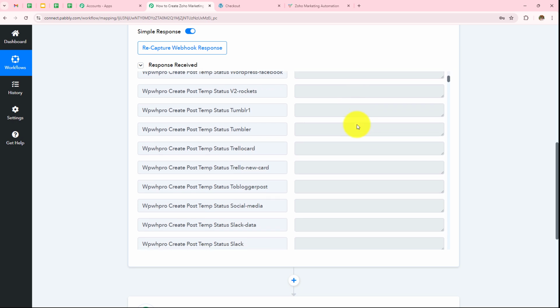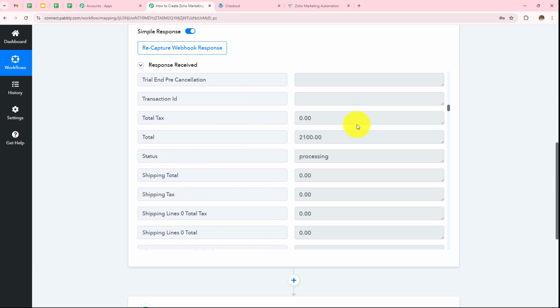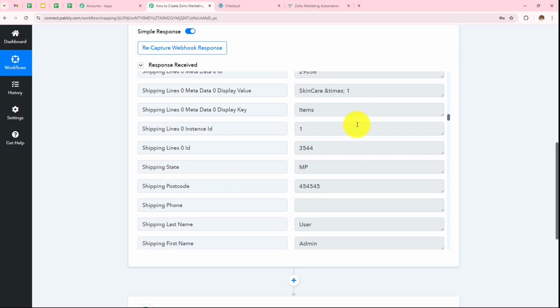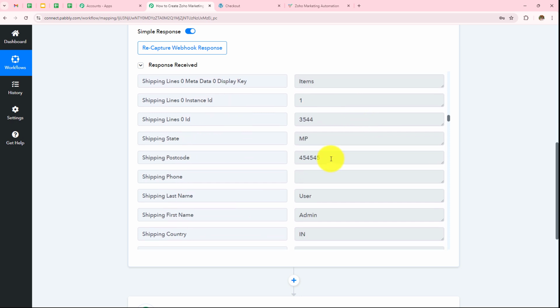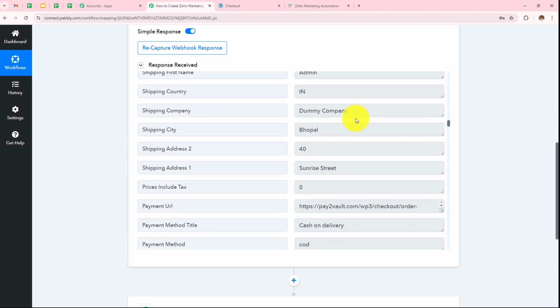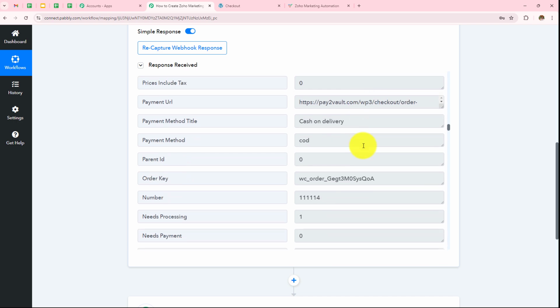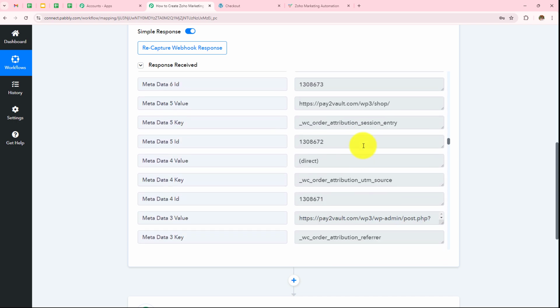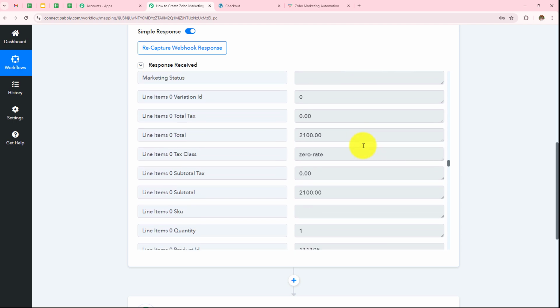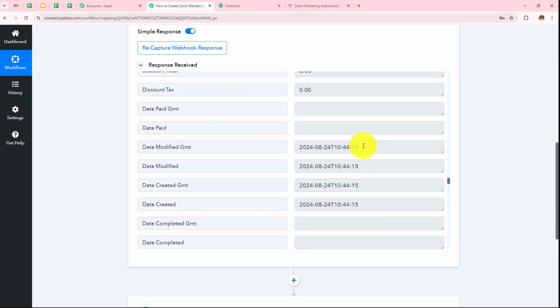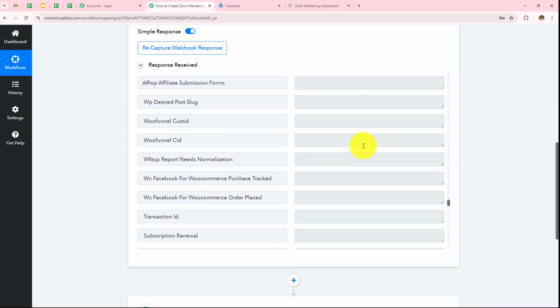So here we can see we have received the response. The cart total was 2100 rupees. The product was skincare. Pin code was this, state was MP. Name of the customer was admin user. Company name was dummy company. City was Bhopal, street was Sunrise Street. Payment mode is cash on delivery. And we can see all the other details over here. This means WooCommerce is connected with Pabbly Connect and now I have to move to my next step, which is